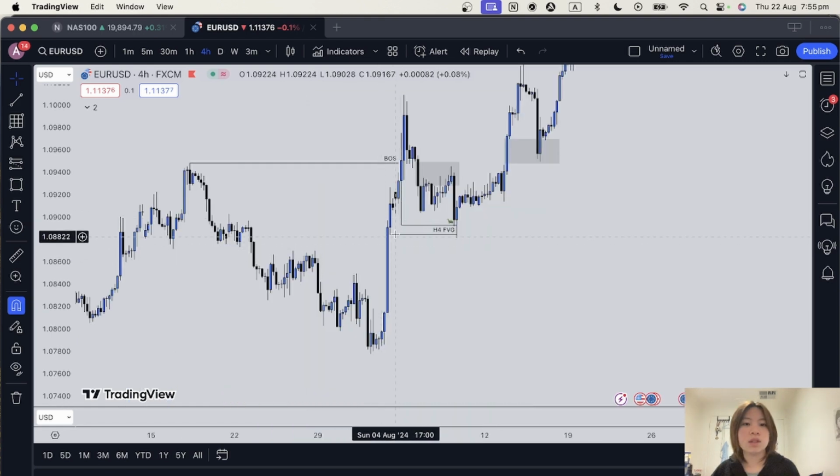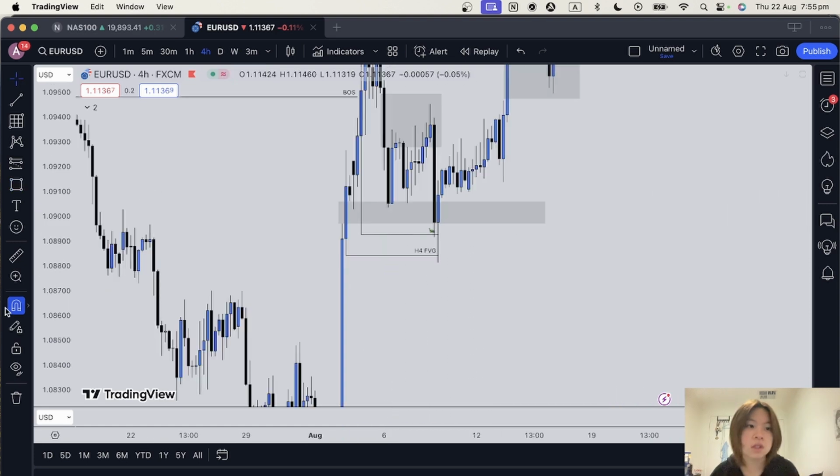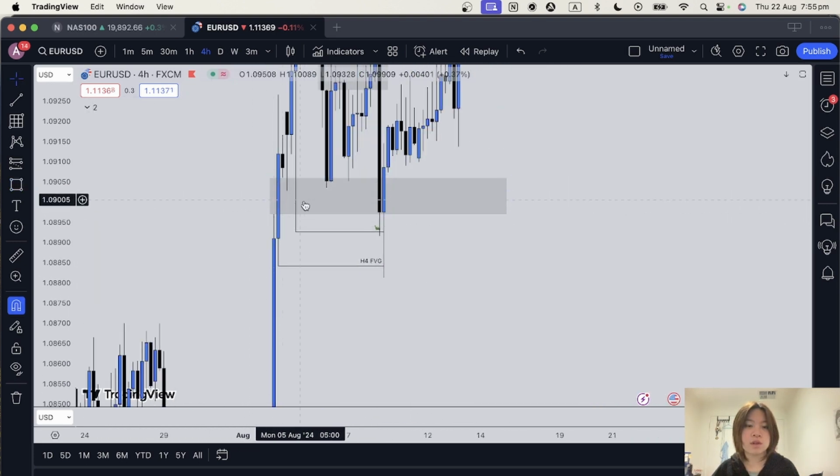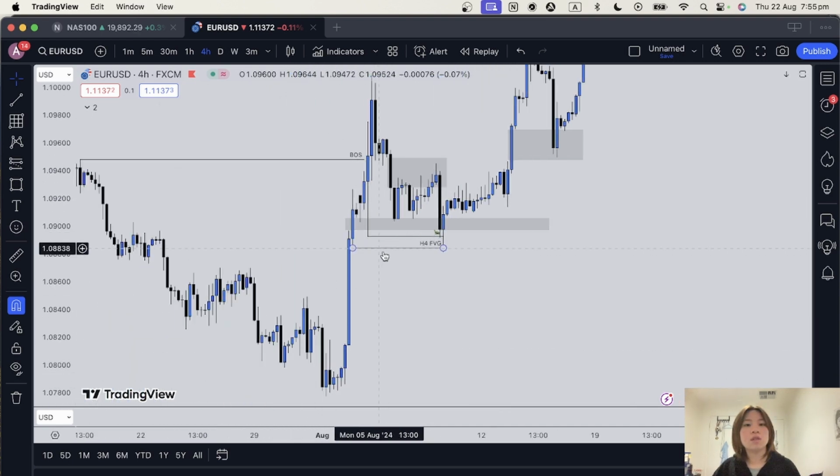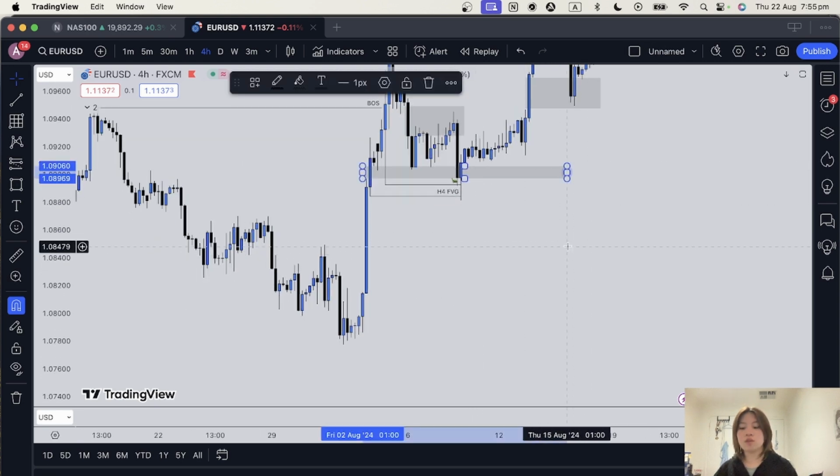Okay, so that's why these fair value gaps are strong fair value gaps. We got two here, we got one here, and we got one here. This one as well, it got respected. See, we respected right here. This fair value gap here, we tapped into it once, we went to it again. Respected it. But anyways, let's just start from here and we'll just read